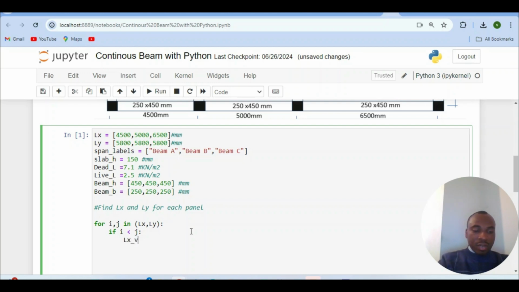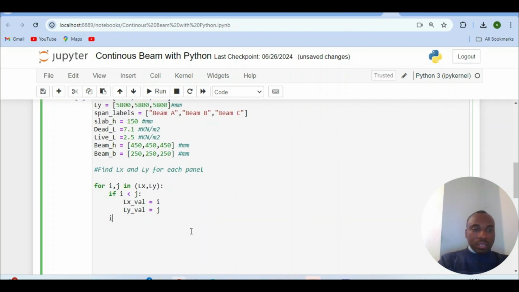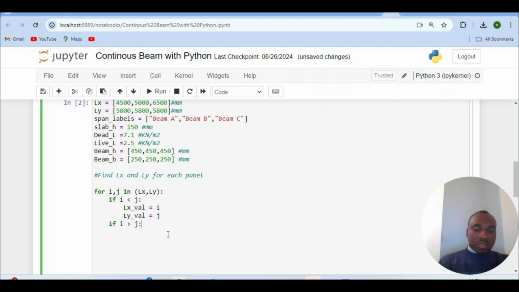LX val will be I, and ly val will be j. Again, if I is greater than j, then in this case our LX value will be j and the ly value